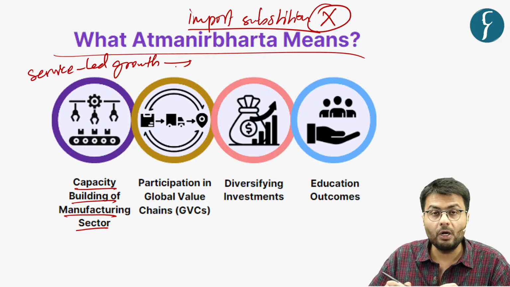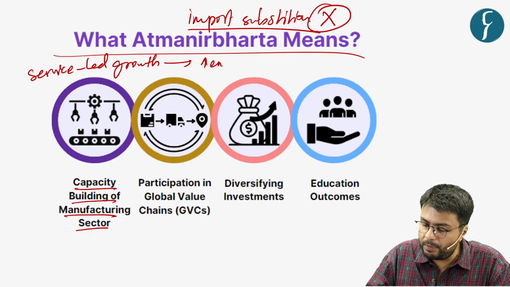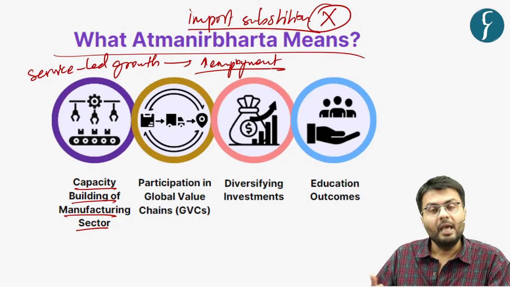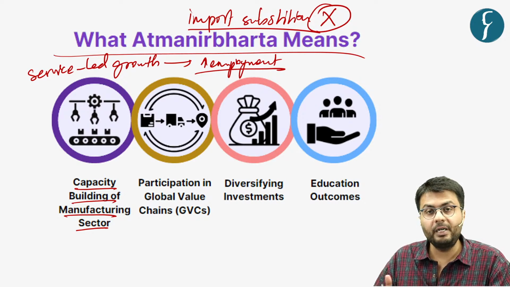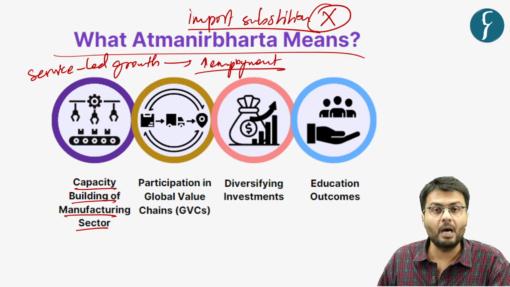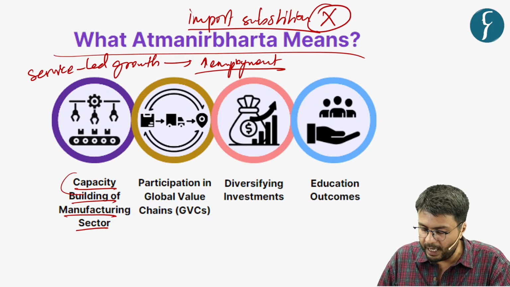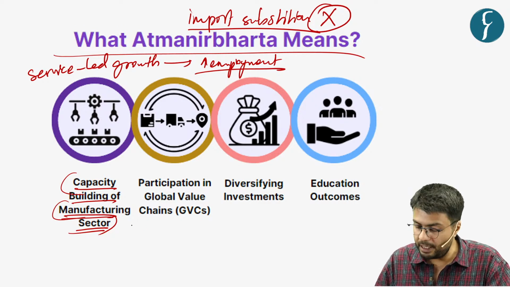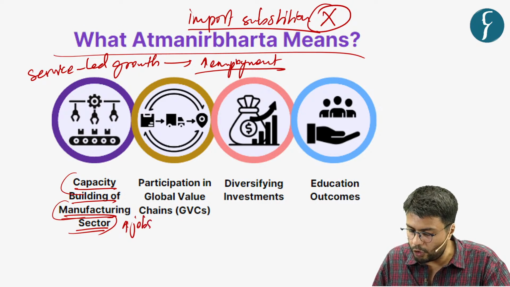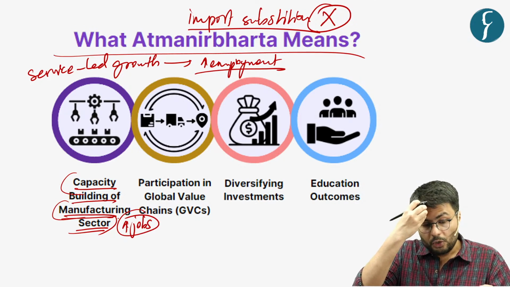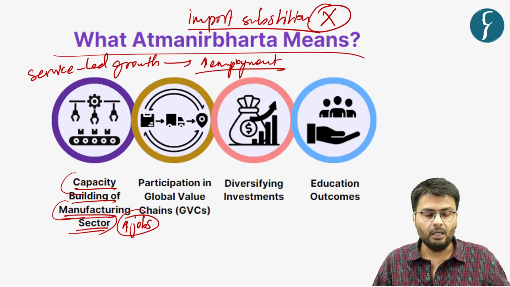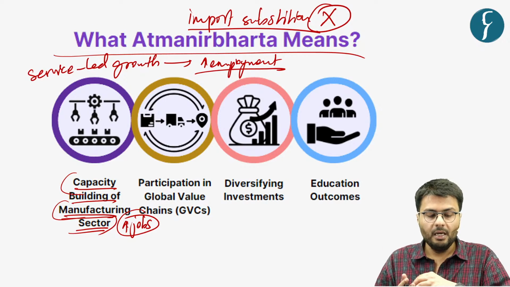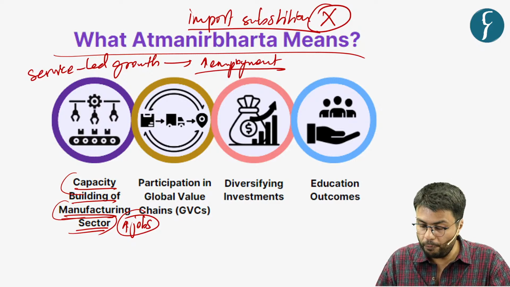However, this model was not able to scale up the employment generation in the country. Hence, in this regard, the current government's policy of Atmanirbhar Bharat means capacity building of the country's manufacturing sector, because this sector has the potential to create more and more jobs in the economy. So, in this regard, the author highlights that India's manufacturing sector can be scaled, first of all, to promote